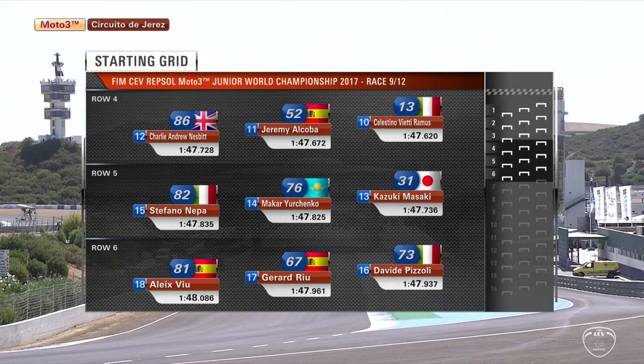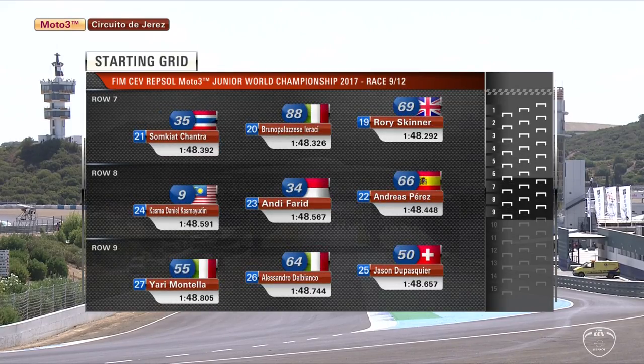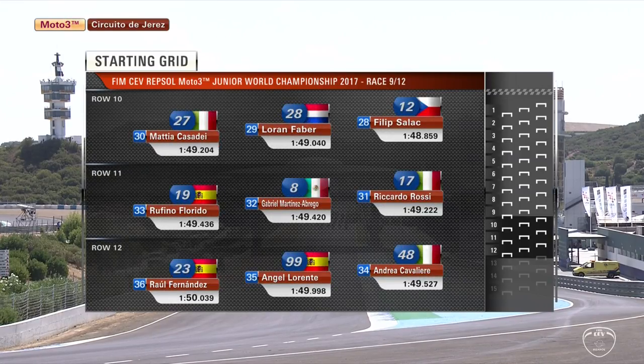Row 6 is Davide Pizzoli, Gerard Ryu and Aleix Ryu, who has had a bit of a quiet couple of rounds as of late. Then it's Rory Skinner on row 7, Bruno Palesi Irachi, then comes Somkiat Chantra, Andreas Perez, then Andy Farid and Kasma Udin. Row number 9 is Jason De Pasquier, Alessandro Del Bianco, and then Yari Montella for the SICK 58 Squadra Corsa team. Row 10 is Philippe Salak, Lauren Faber, and then Mattia Casadei,